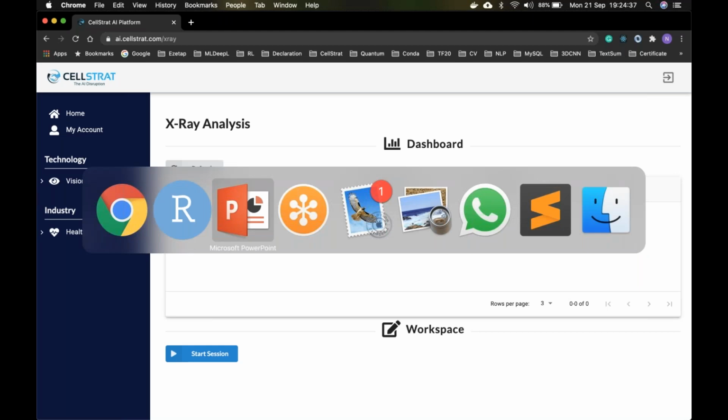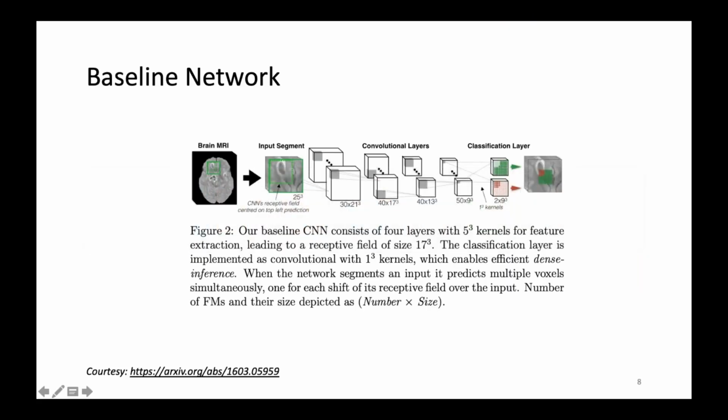There is a third dimension in the form of depth that we can visualize. There are three views of the brain: one from the top, one from the side, which are two dimensions, and the third is depth-wise.